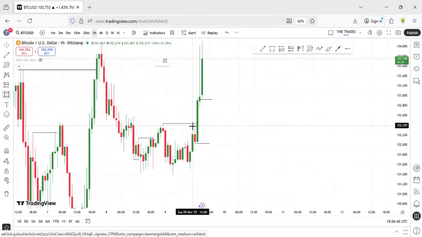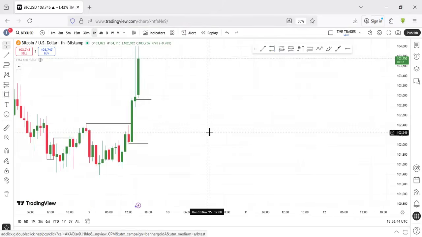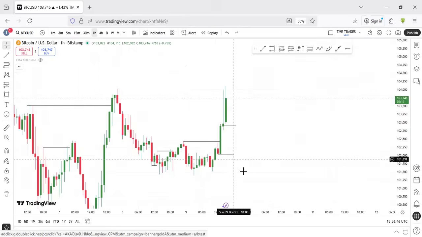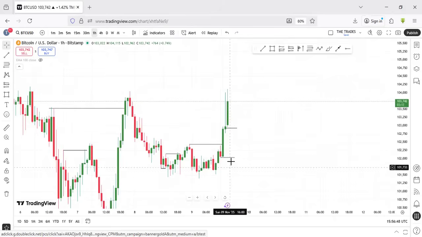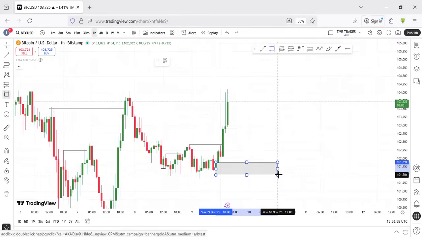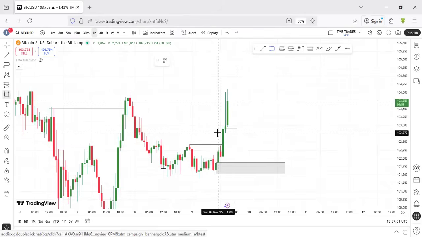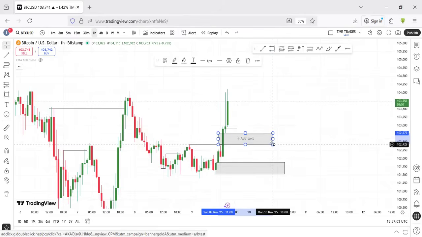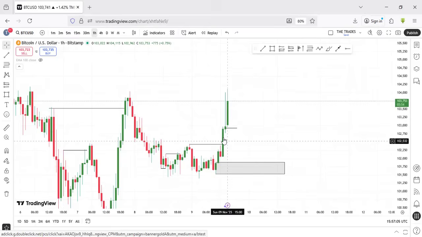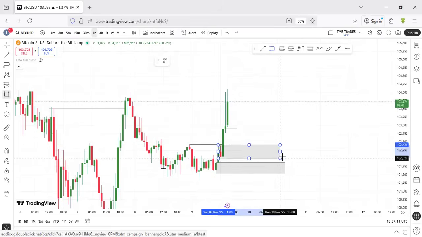Okay, we are going to use this. Wow, this is kind of okay. Now let's look, everything is more defined here. Okay, this is a low created before the break, so we can actually be looking at this particular place if market comes to it, but I doubt if market will come to that particular place because this is the last recent fair value gap we have. So we should be expecting market to clear this low, at least come to this particular place before we start seeing more